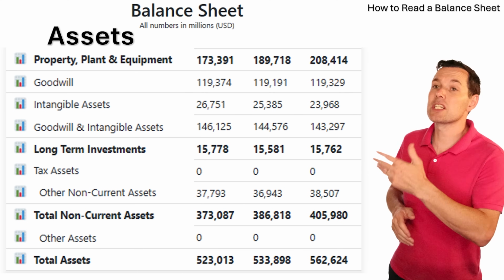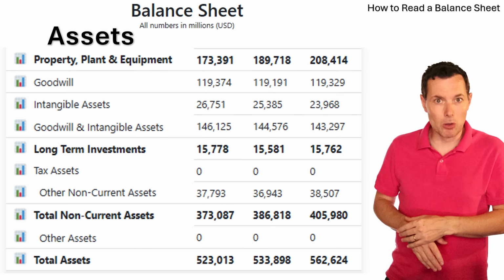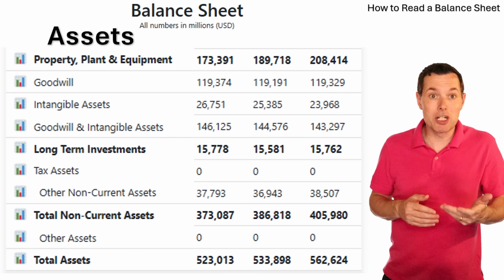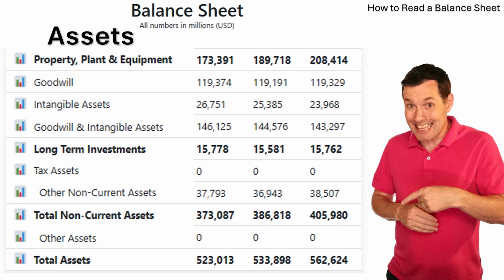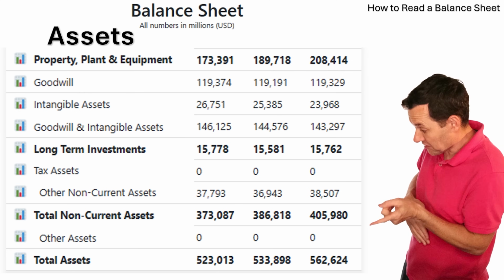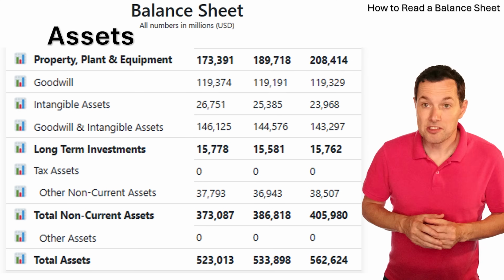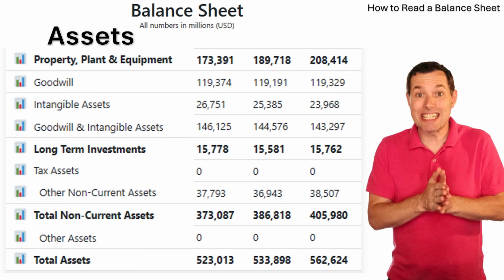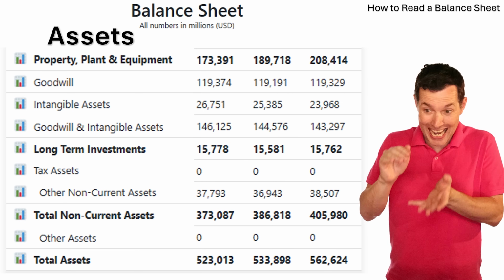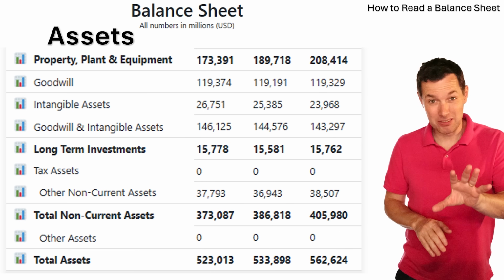Then we've got total non-current assets. Basically, add up this whole column. That gives you total non-current assets. Well, add that to the current assets, and that would give us the total assets number down here. So total assets, we know, is going to equal total liabilities and owner's equity. So for now, let's jump over and look at